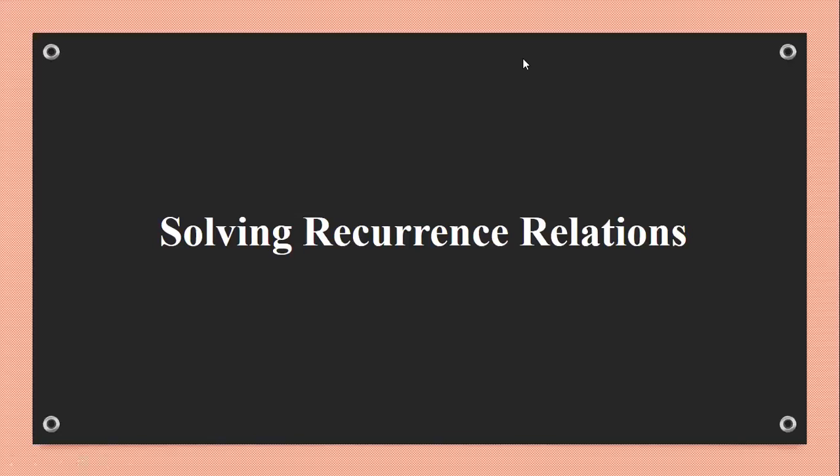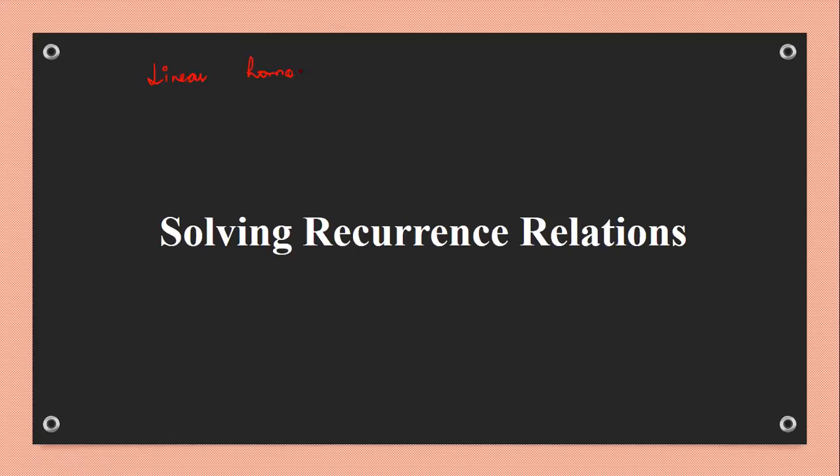Good afternoon. Today's topic is solving recurrence relations. In this topic, we will be seeing how we can solve recurrence relations. So we use a wide variety of recurrence relations, and how is it that we are able to solve these recurrence relations? The recurrence relations basically are also written as linear